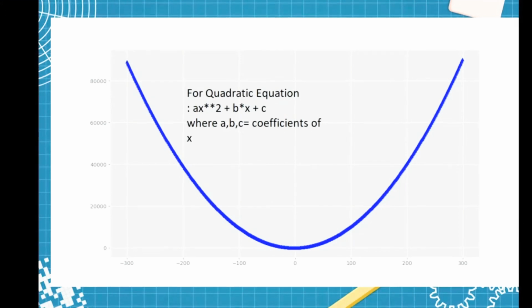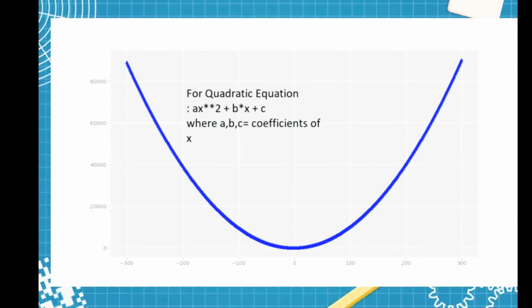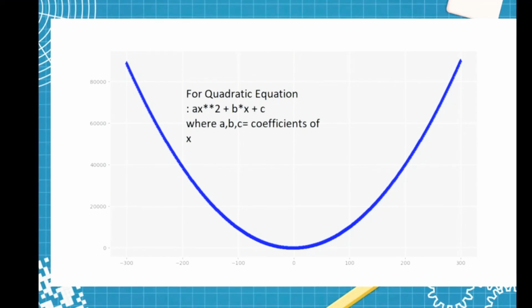plus bx plus c. This is the general form of the equation in which a, b, c are the coefficients of x. If you don't know about the degree of the equation, let me explain. The degree of the equation is equal to the maximum power of the equation. So for the equation ax square plus bx plus c, what is the maximum power? That is 2.